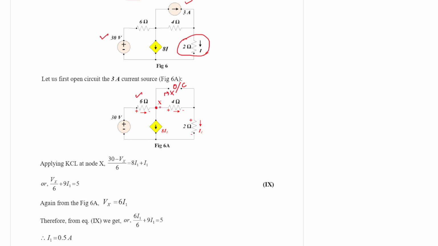With respect to node X, one current is leaving, which is equal to I1. This other current is also leaving, which is 8I1. So two currents are leaving, and the current coming in must be 9I1. This 9I1 is nothing but (30 minus Vx) by 6, because if you consider this potential to be Vx, then the current flowing through the 6 ohm resistor